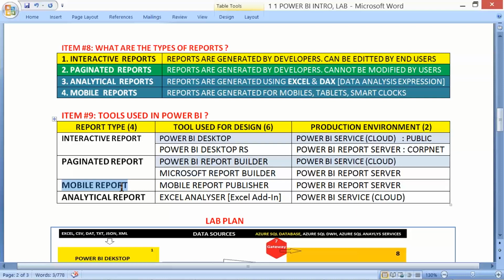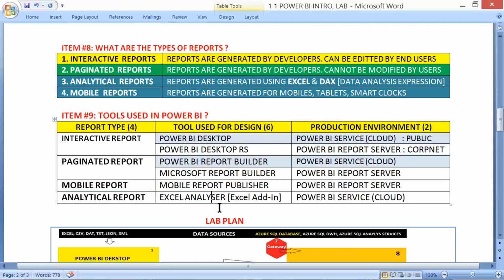Mobile reports, for mobiles to access the actual report environment, are supported by Power BI Report Server. And analytical reports, wherein we need to take the help of the Excel add-in called Analyze in Excel.